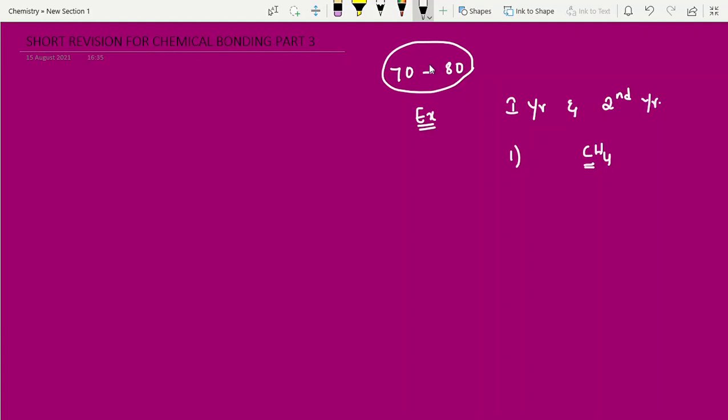So minimum we are going to see 70 to 80 examples in advanced program and mains NEET level. So 70 to 80 examples, that in organic chemistry, remembering all the points is very difficult, right? So that's the reason I'm going to give one shortcut. That is the best shortcut. So definitely at the end of the video, you can do many examples on your own, students. Okay. First, let me explain.